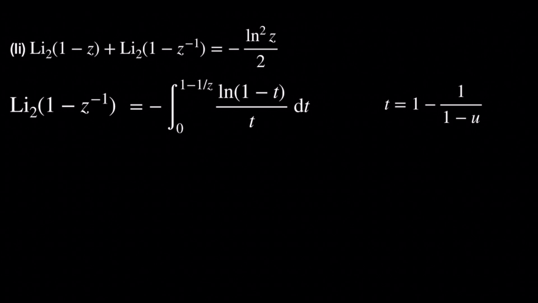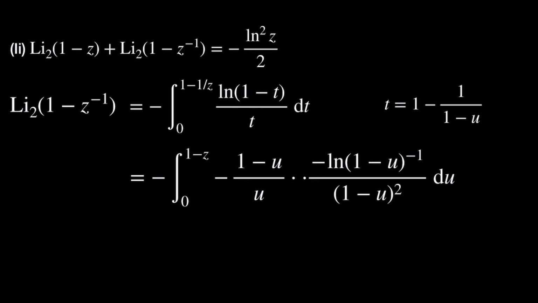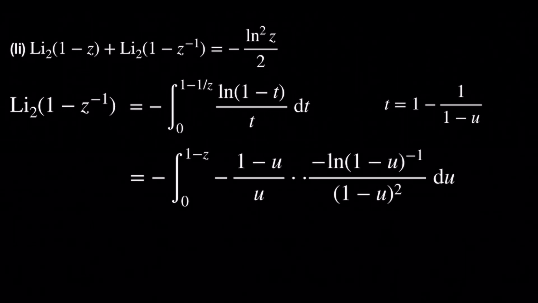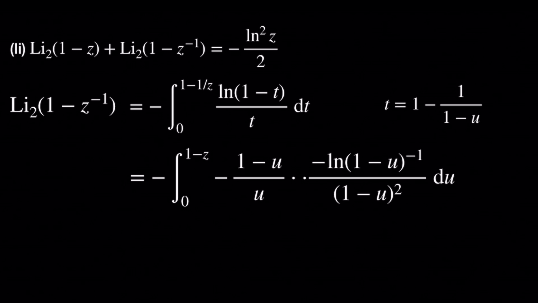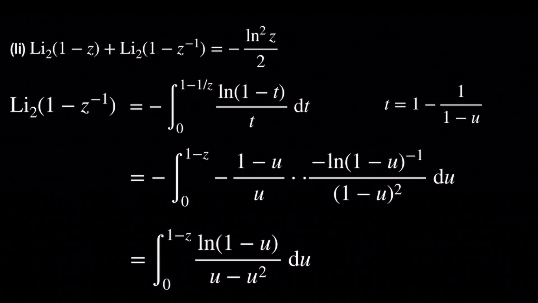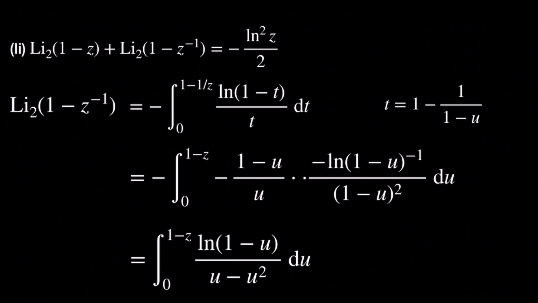So we're going to get that this is equal to negative the integral from 0 to 1 minus z of negative 1 minus u divided by u times negative log of 1 minus u to the negative 1 divided by 1 minus u squared and du. After simplifying, and of course we have to use the power rule for the logarithm, we're going to get the integral from 0 to 1 minus z of log of 1 minus u divided by u minus u squared. Well, u minus u squared is simply u times 1 minus u,